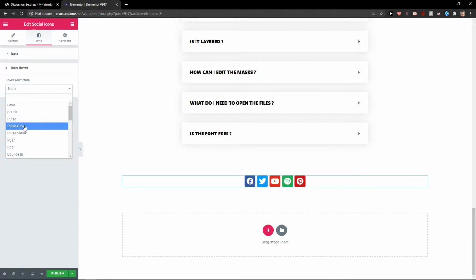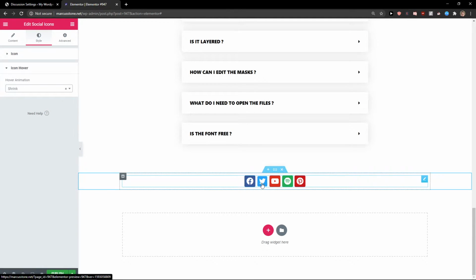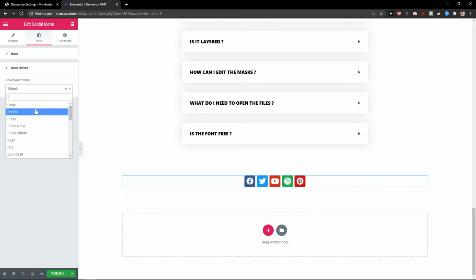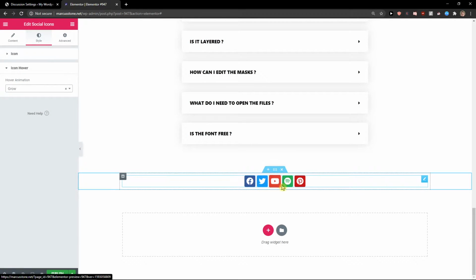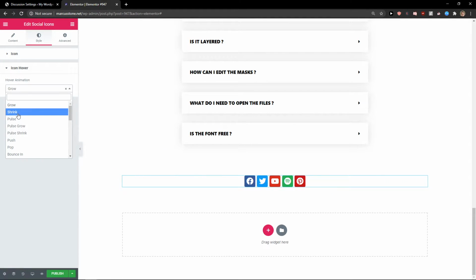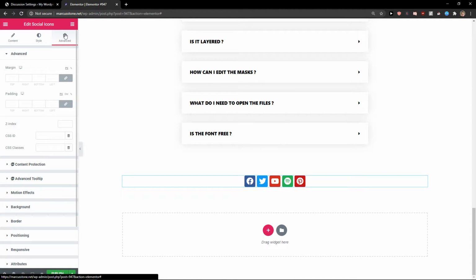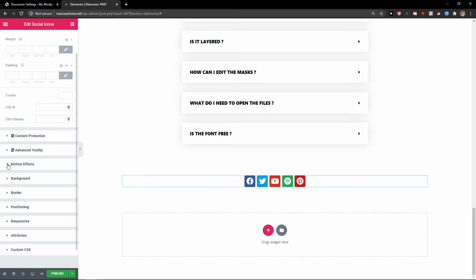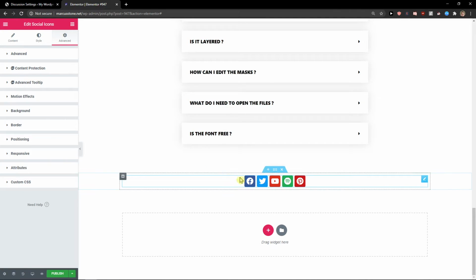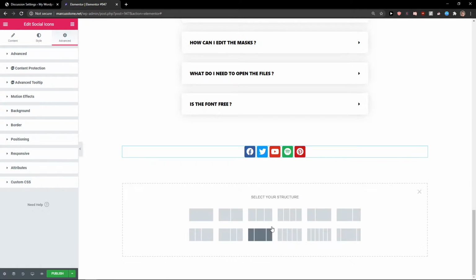And icon hover, you can have it so that when I hover over it, it either shrinks or grows. You can really choose which one you actually like. That's pretty cool. And then you can also select advanced here, some motion effects if you want to, but this is pretty much it. And it's really good if you would create, let's say,